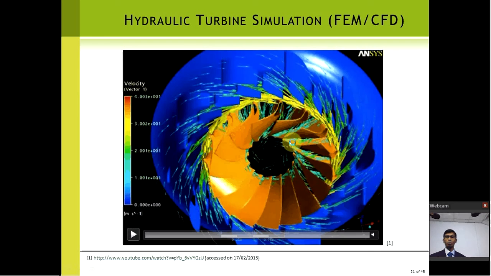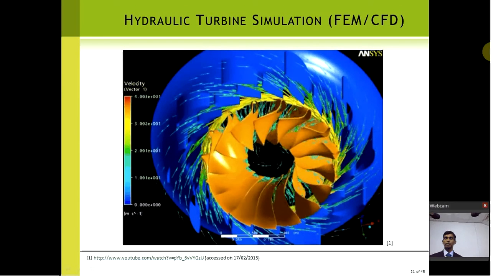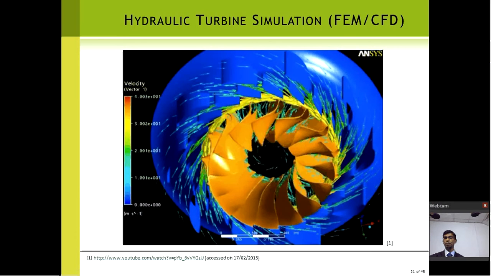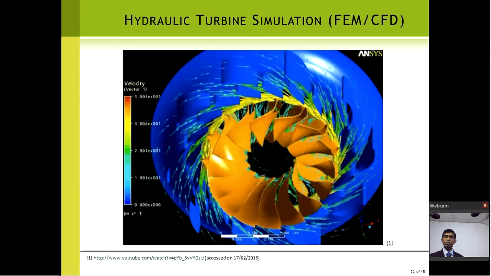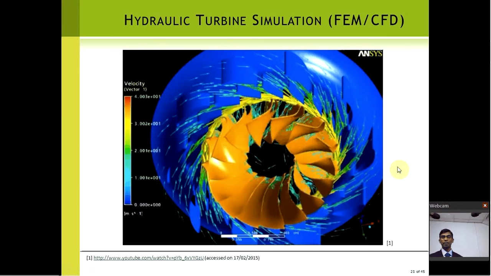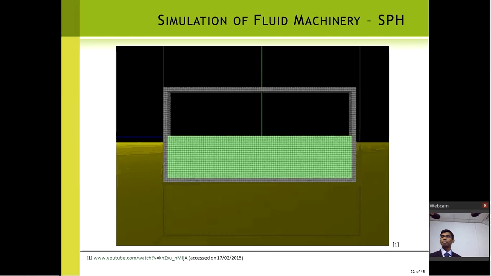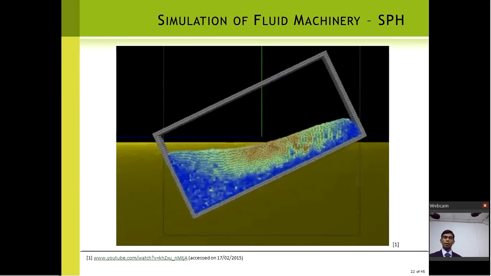In order to compare the results, I'll show you what we can do with finite element or CFD. This is an ANSYS simulation of a turbine at a particular velocity. You can see fluid flows, but of course they are actually vectors. We hardly see a fluid flow here, only the deformation. That is a limitation of their particular technique. I'll show you a similar Meshfree one with some other applications.